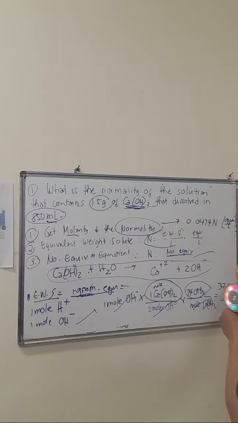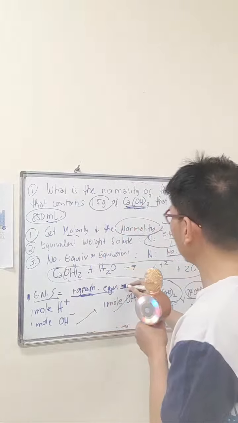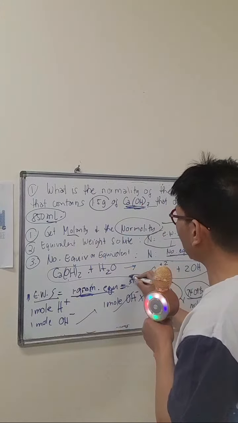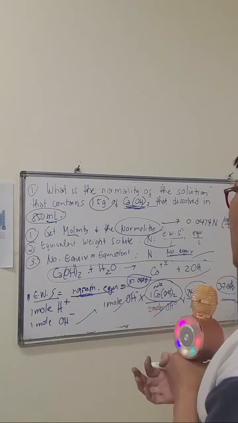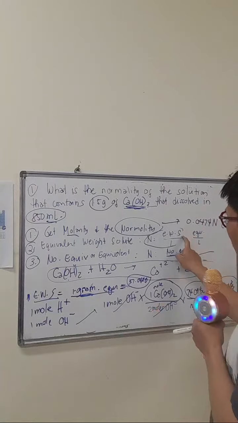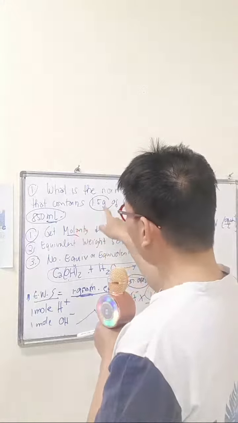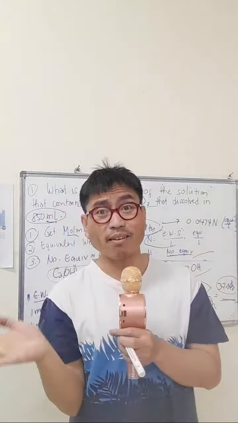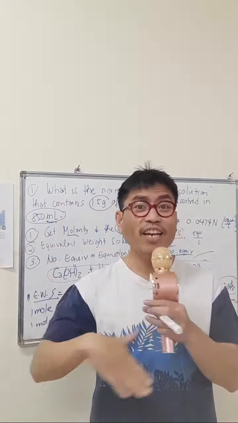37.048 is our grams. So this will be our 1 equivalent weight of solute. Now we need to substitute that in the equivalent weight of solute. Just check also the problem that there is also a mass originally of calcium hydroxide. So it's impossible that that gram is not usable. There's a purpose for that. Then you have to do the